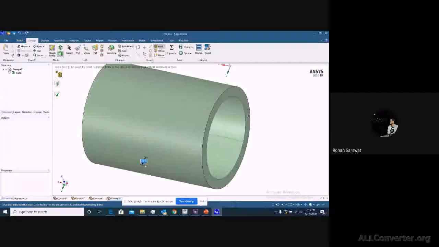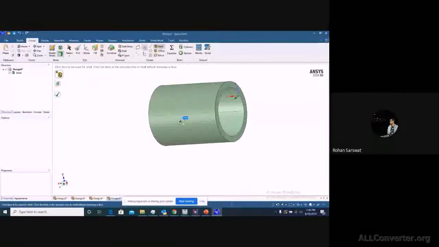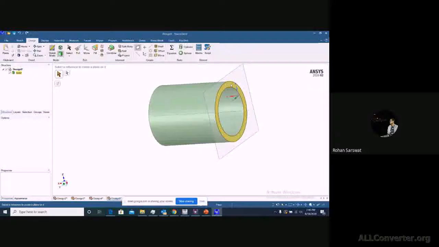Ma'am, I have one doubt. How to use the shell? Then you can